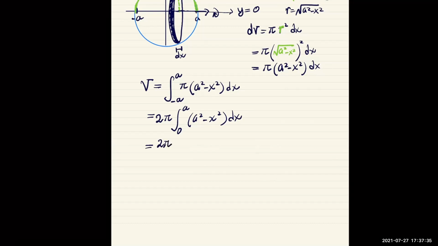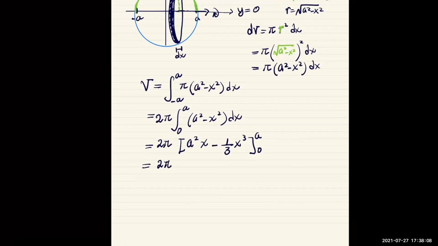And we know that the antiderivative of a constant is constant times x. So the antiderivative of a squared is just a squared times x. Imagine a is 3. So that whole thing would be 9. The antiderivative of 9 is 9x. Minus, now the antiderivative of x squared is 1/3 x cubed. Going from 0 to a,